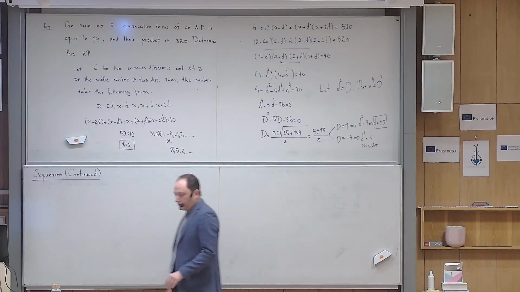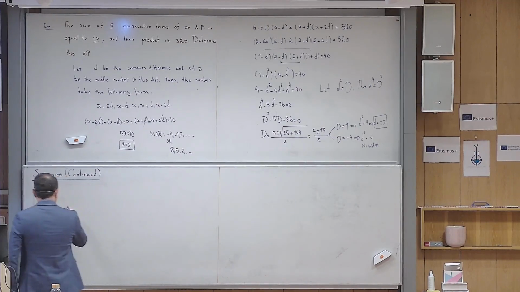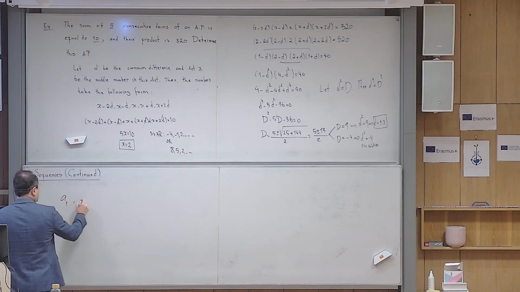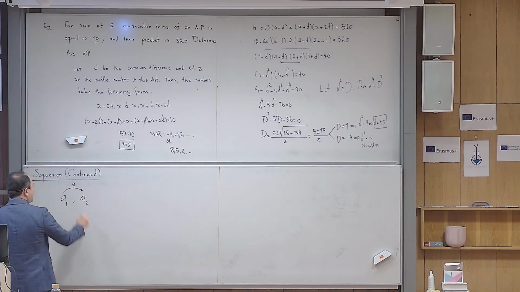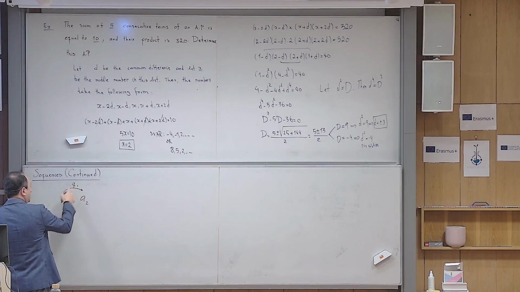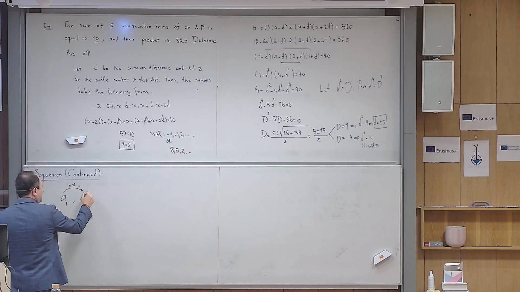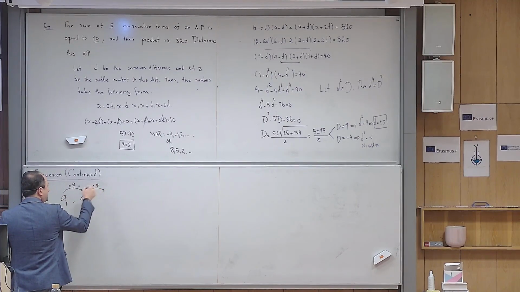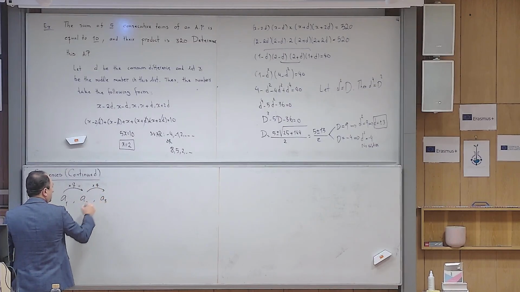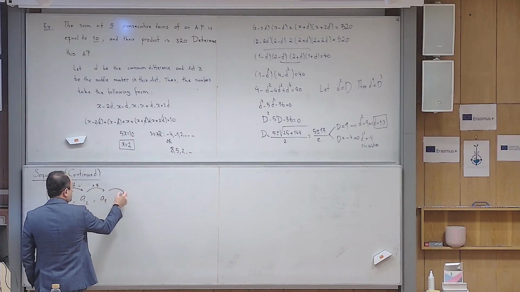So let us try to see what it means. For example, I start from a number. To go to the next number, I multiply by a constant number. In your book, because of the Swedish word, they use the letter k, but the English one is usually the standard letter q. So let me just write that. Instead of adding, I multiply by q here. I multiply a1 by q, I get a2. I multiply it again by the same q, and I get a3. And if I want to go further, I multiply it by the same q, I get a4, and then